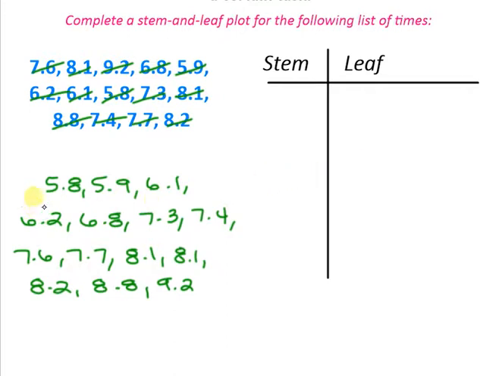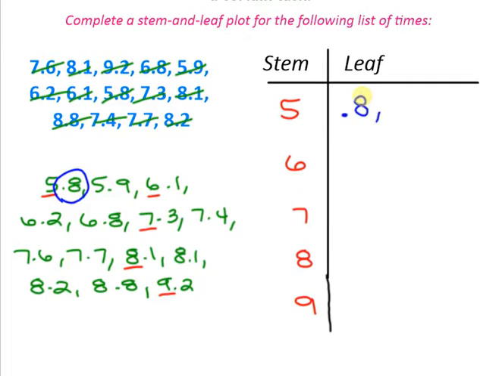Now let's determine our stem and our leaves. So same process. What's going to be our stem? What's going to be our leaf? So here we're going to use 5, 6, 7, 8, and 9 as our stem. 5, 6, 7, 8, 9. I'll just extend that a little bit. Now, when we go to draw our leaves, because these are decimals, we're going to make sure that we write it as